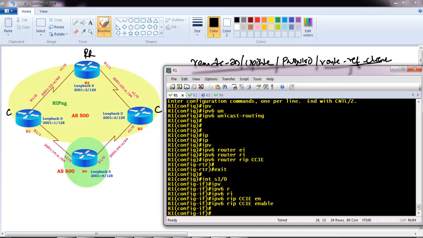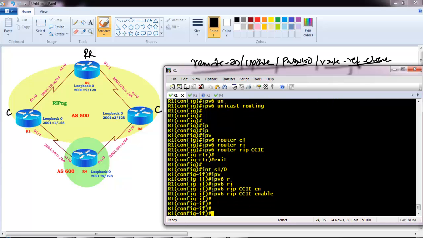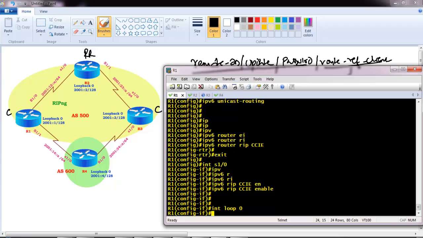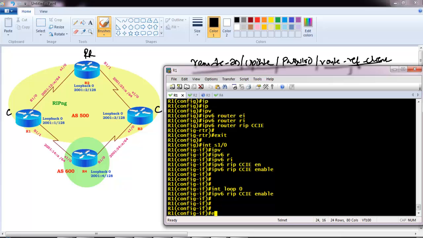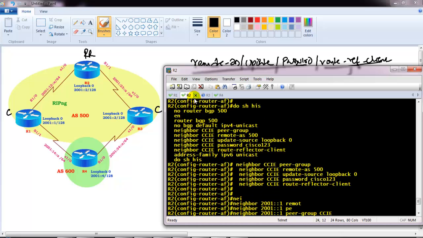I expect you to know these basic configurations which we had done in our IPv6 classes separately. And then I'm going to advertise the loopback interface as well. Done. So I'm going to advertise the S1/0 interface inside AS 500, and also the loopback interface. The same thing I'm going to do on the other routers as well.